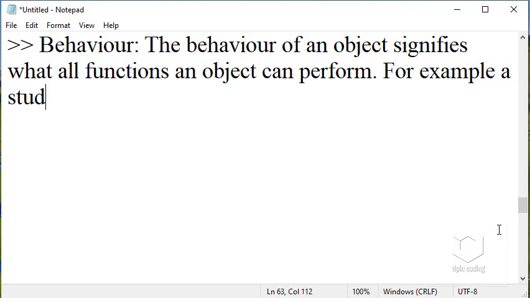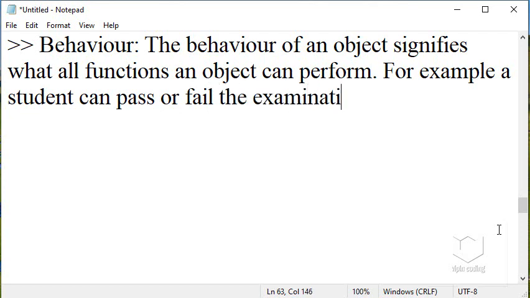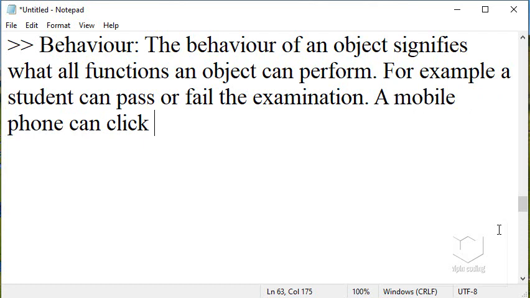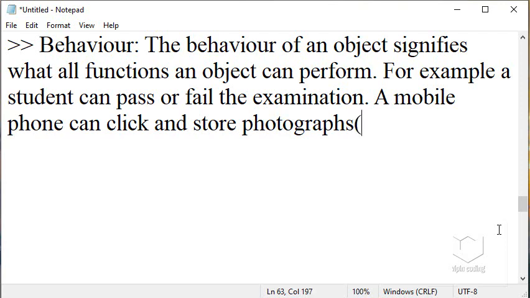For example, students can pass or fail the examination. A mobile phone can click and store photographs, like a camera. Okay, it behaves like a camera. Okay,